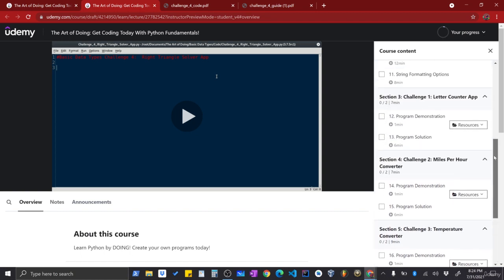So for each of these 4 problems, please make sure that you get those guides and the code that accompany